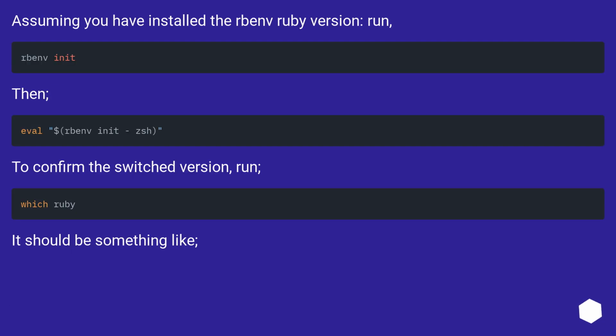Assuming you have installed the Rbenv Ruby version, run. Then, to confirm the switched version, run. It should be something like